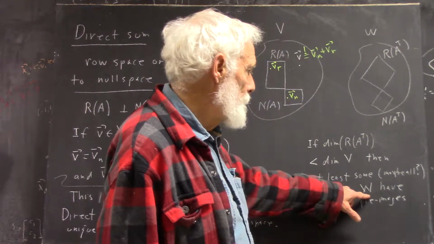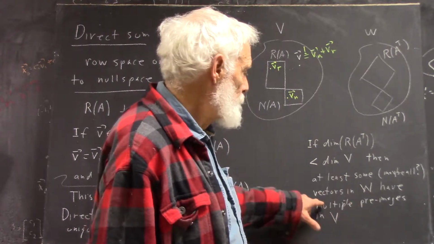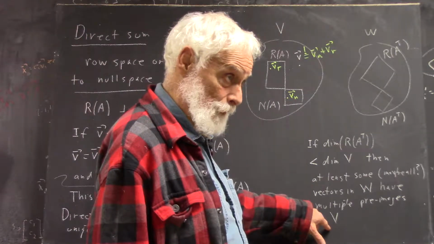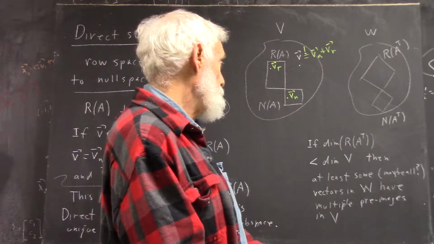At least some, maybe all of the vectors in W have multiple preimages in V. Okay? Among other things,